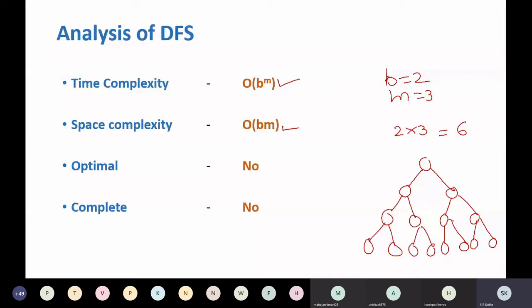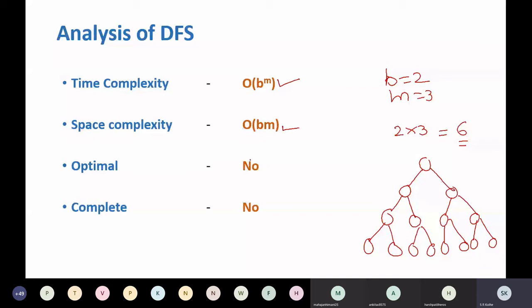Although there are more nodes, in the memory at most there will be 6 nodes. That much memory is required, because other nodes, if you find out it's not a goal, then you are removing it. So maximum 6 nodes will be there in a particular situation. Therefore space complexity is B multiplied by M.